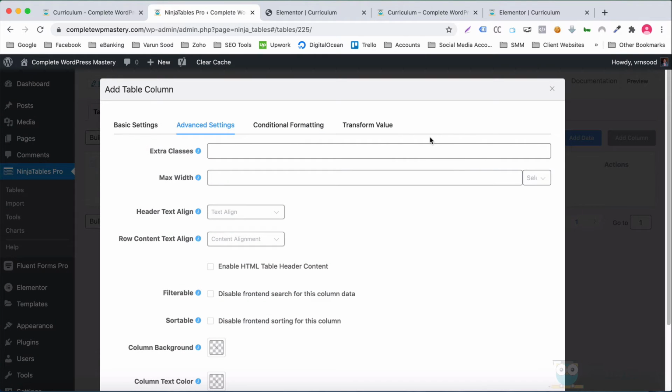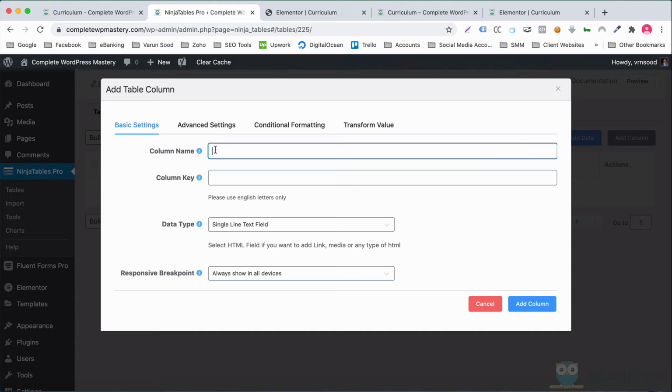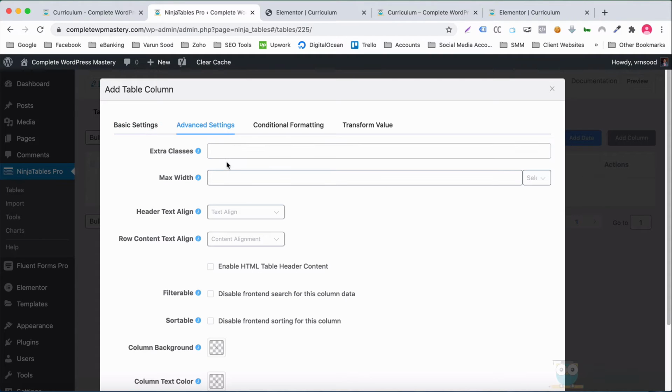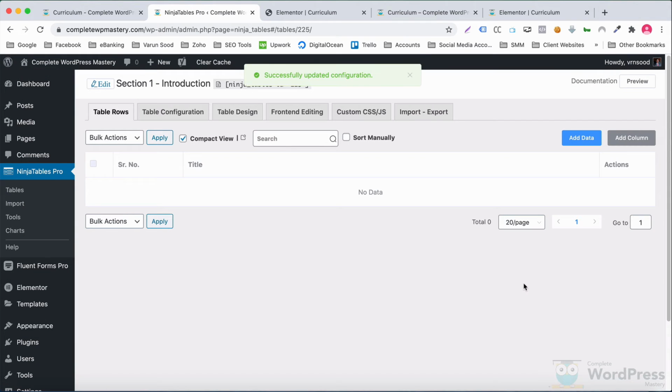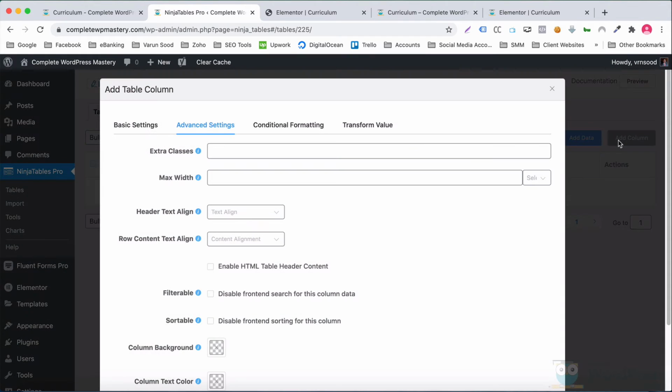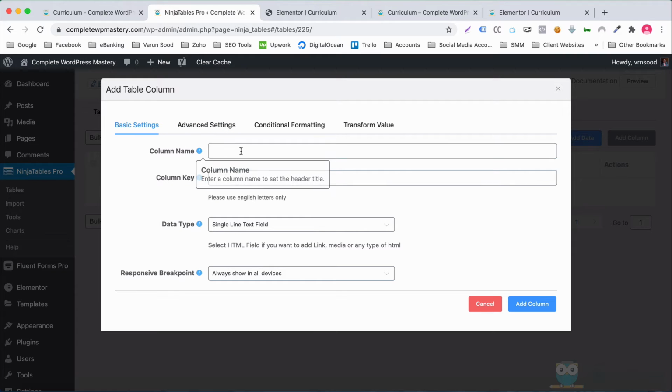Let's add our second column. It would be called Title. The data type would be single line text field and the maximum width would be 75%. Select Center again for this column and add it to the table. The last column would be called Action.